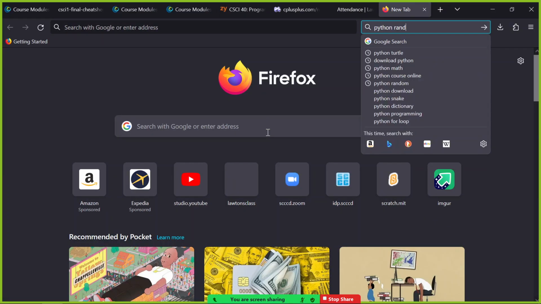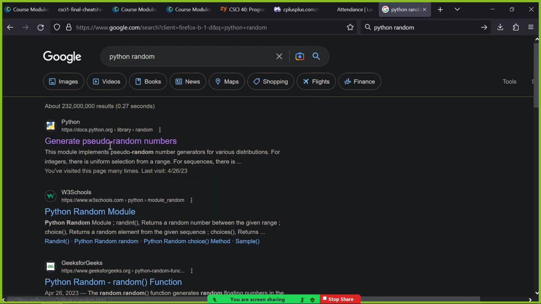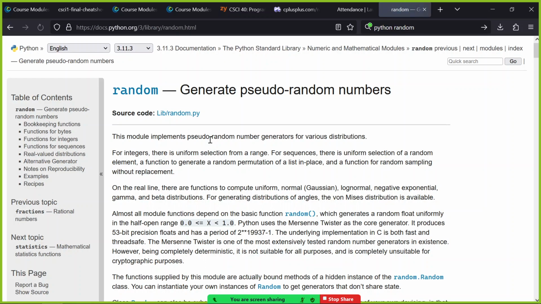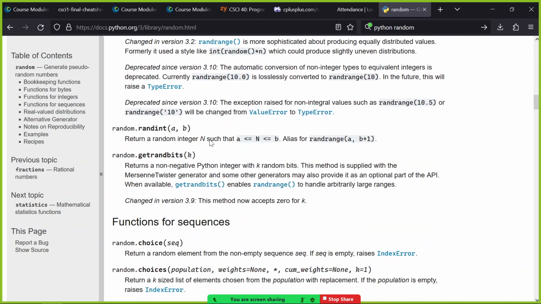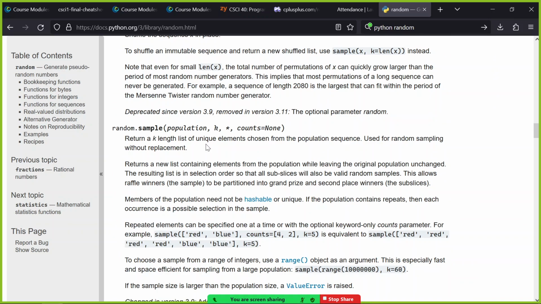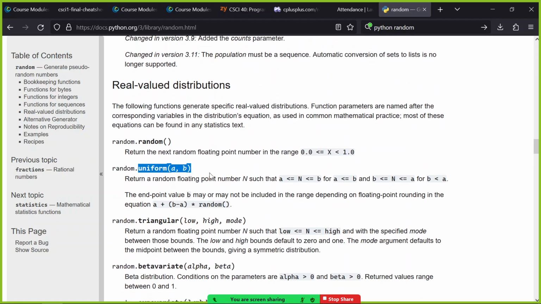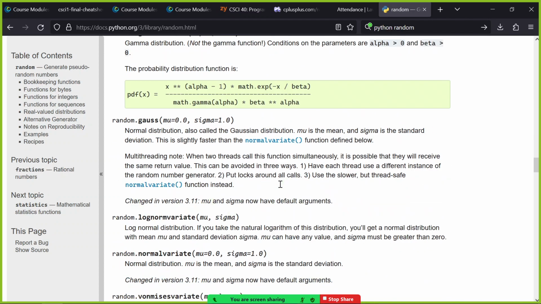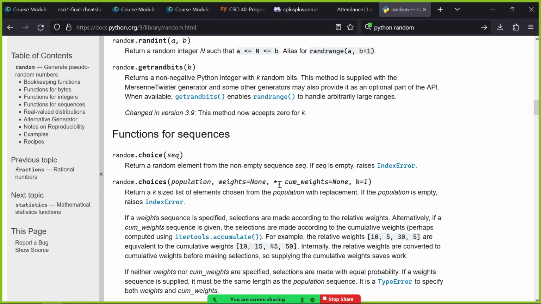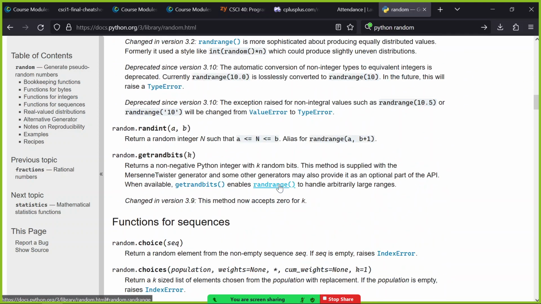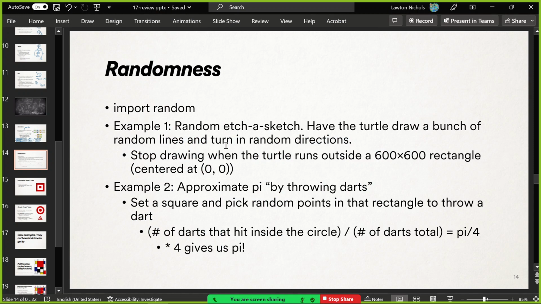So Python random. You want to import that. And the two that we used in this class were random.uniform, which we definitely use for something, to make a random floating point number, a random float with decimals, maybe between two values. And then there was also random.randint, and I have no clue where that is on this page. There it is. Randint gets you a random integer between those two values. So that's what we use to do cool stuff. Let's do some more cool stuff here.